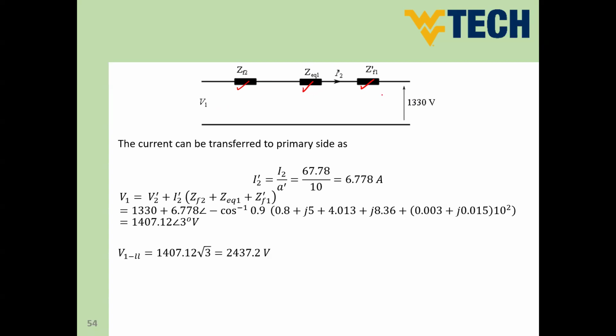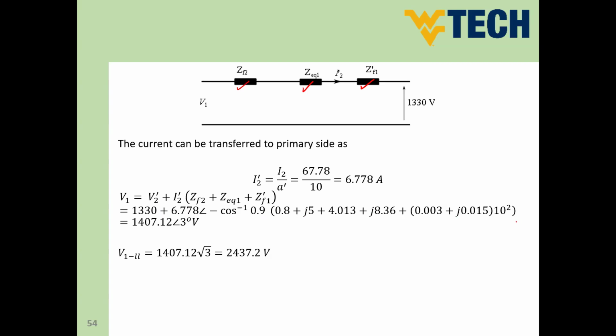But we still didn't get the feeder impedance referred to the primary side. 1330 is our reference volt at angle 0. And this is the current. The angle of this current is going to be the same as the angle of the power factor, with a minus sign because it's lagging. So minus cosine inverse 0.9 times